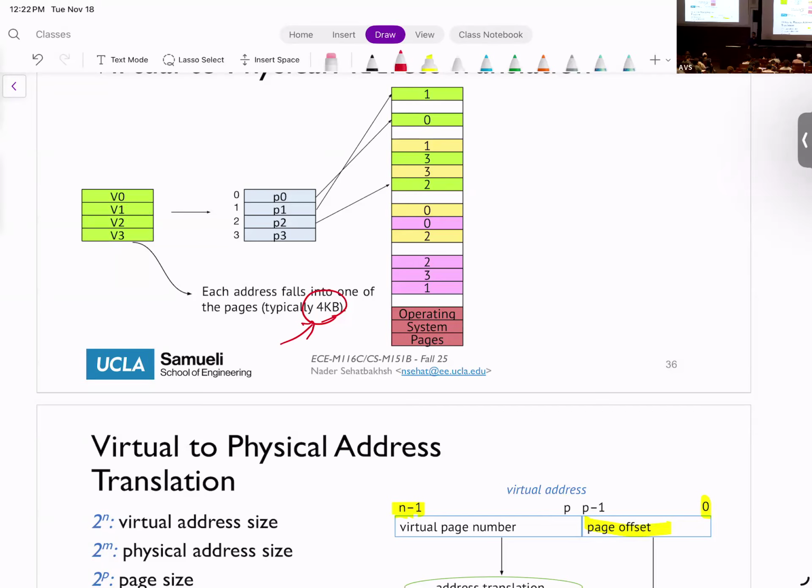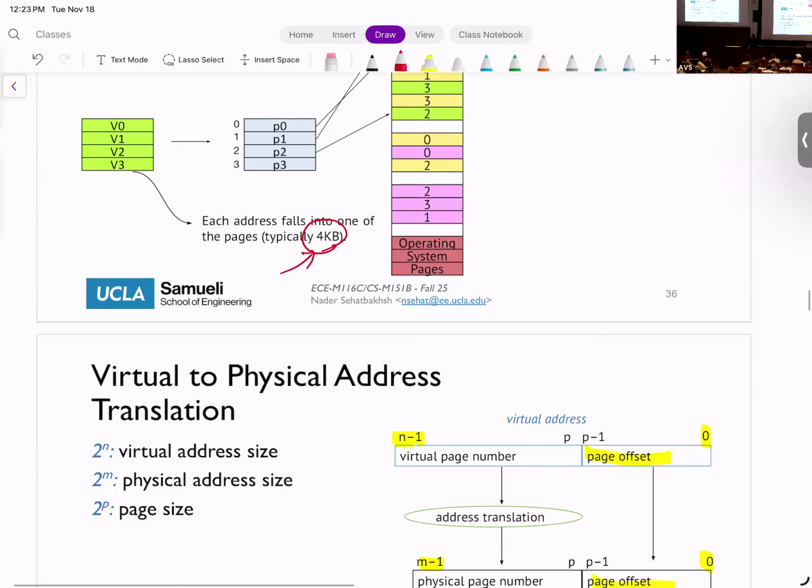Since I need to be able to address the memory at byte granularity, I need this page offset, right? So how big is the page offset? The page offset is as big as the page size. So if I have 4 kilobytes, I need 12 bits to address different bytes in that memory, okay?